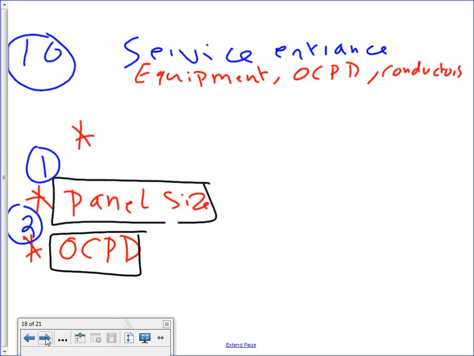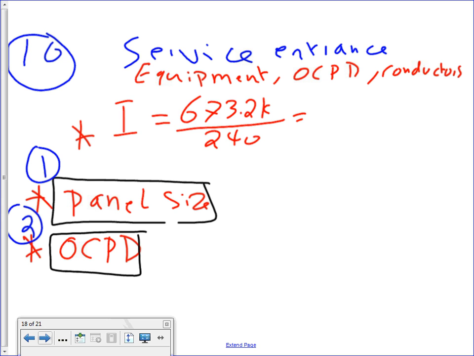So then you're going to take I equals 673.2K divided by 240. That will get you a healthy 2805 amp. So you divide the kVA that you came up with, guys, you divide the kVA by the voltage. Okay, then